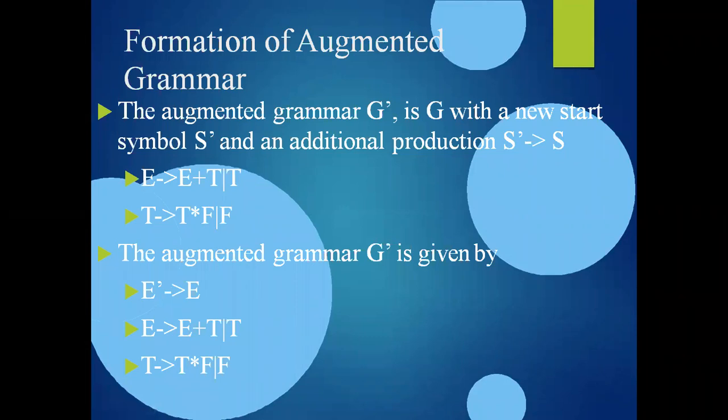After constructing the parsing table, we need to show that the constructed parsing table is a correct parsing table. How do we show that? Just by parsing an input string. When we parse the input string, finally we need to accept that input string. And only after accepting that input string can we say that the given grammar is an LR grammar, LR of 0 or LR of 1 grammar.